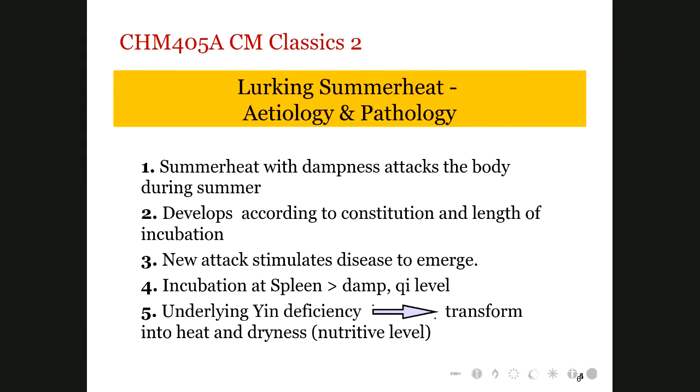But for Wenbing, we do not have such clear durations, and 7 days from external attack without resolving is not very common. Usually it involves a mixed Qi level and Wei level simultaneously, which can possibly last 7 days. For only Wei level for 7 days, Wenbing is impossible. There should be much faster transmission from Wei level to Qi level. Within 3 days, if high temperature cannot be resolved at Wei level, it will definitely affect Qi level. Maybe it already affects Qi level first, such as spring warmth.